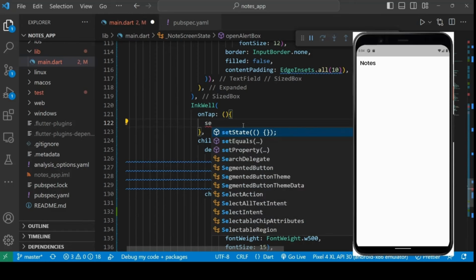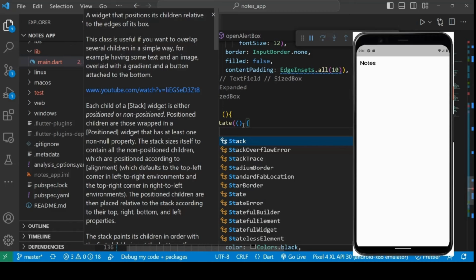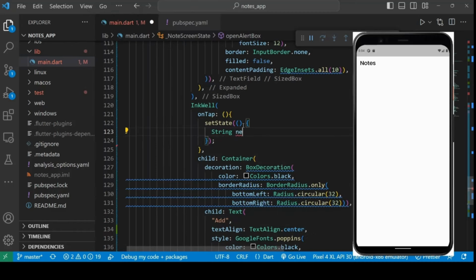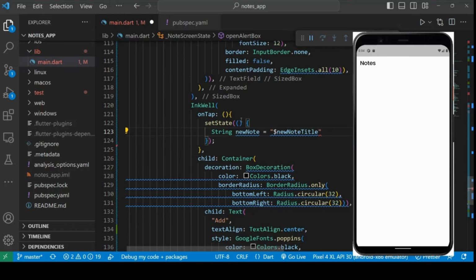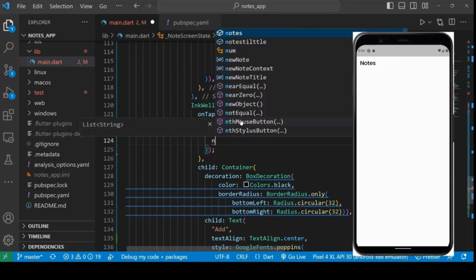For that, let's call a set state function, inside which we can give a string new note is equals to a new note title, semicolon, and add it to the